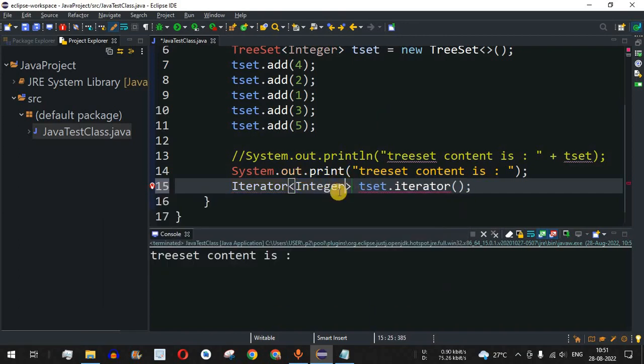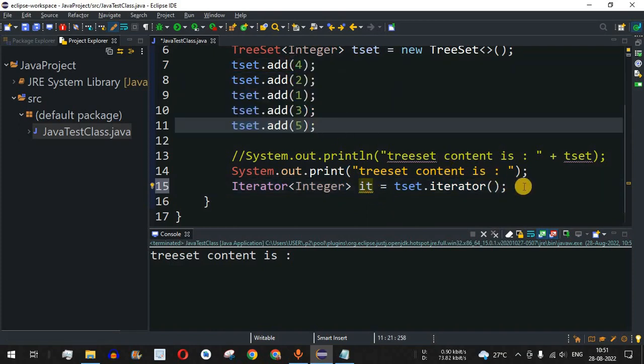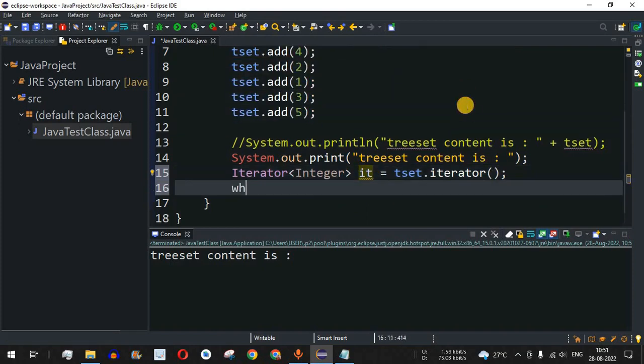That's because the values of the tset that we have provided are of integer data type, and then followed by, let's say the object name, it will be it, followed by the equal to operator. So guys, over here we are just getting the iterator of the tset object and storing it in it. Now we can use this object, that is it, in order to traverse through all the elements of the tset. So what I'm going to do is use the while loop, and then use the it dot